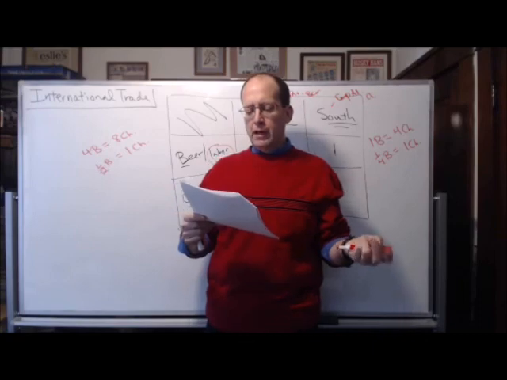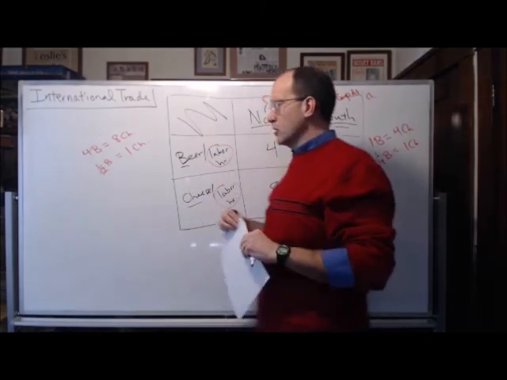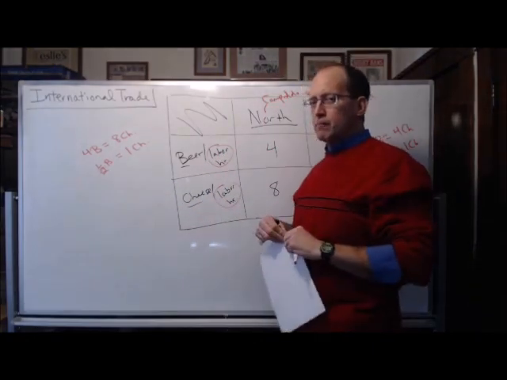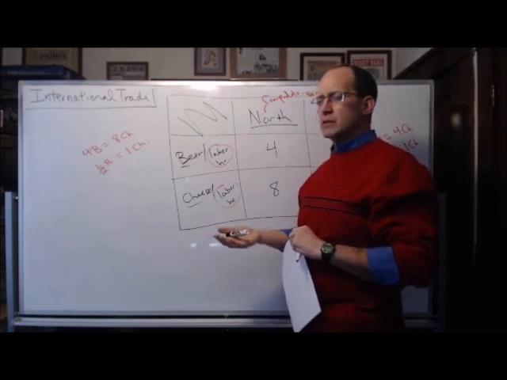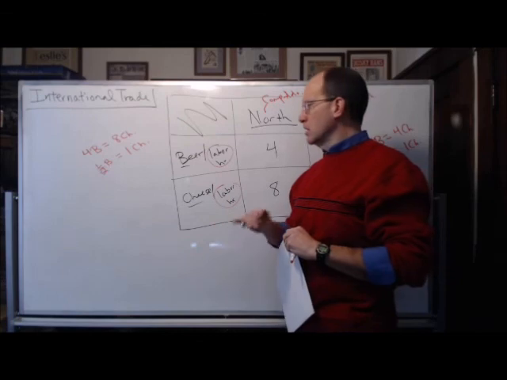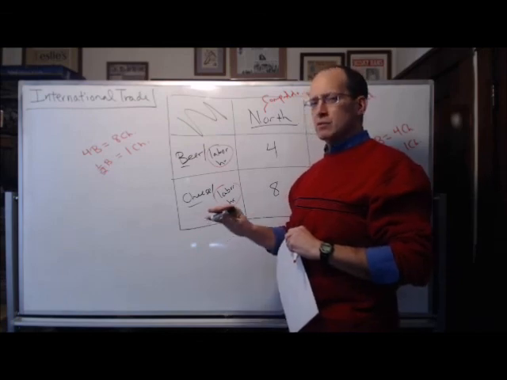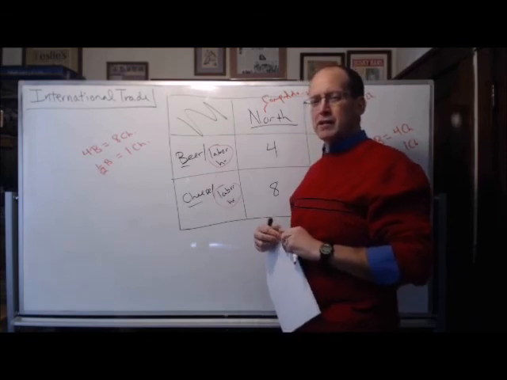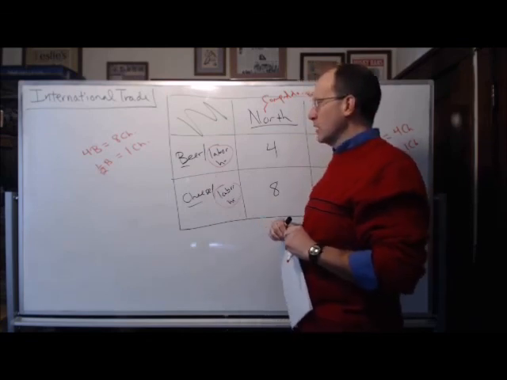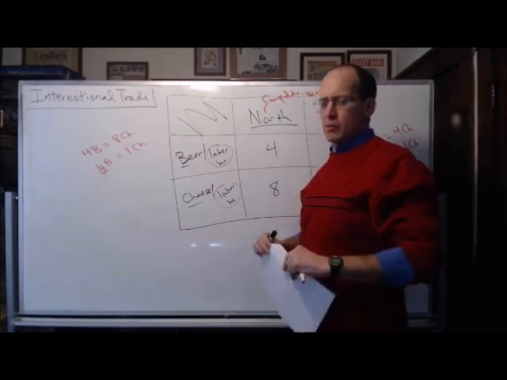And so if we look at that, the actual range is going to be determined by their bargaining power, which has to do with political stories, strength of will, and personality and charisma of the negotiators, all kinds of other aspects to this story. And we're not going to get into all of that in this class. Take an international trade class, which we do offer here at Madison College, and you'd have a chance to learn a little bit more about that. But the story is somewhere in that bound.